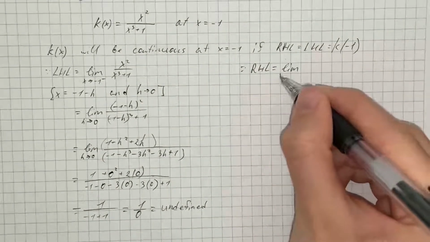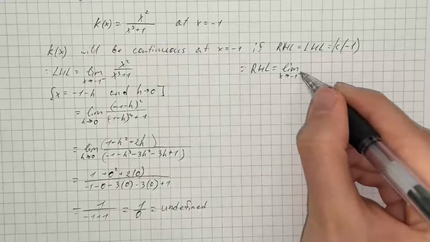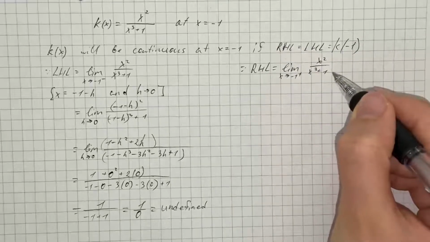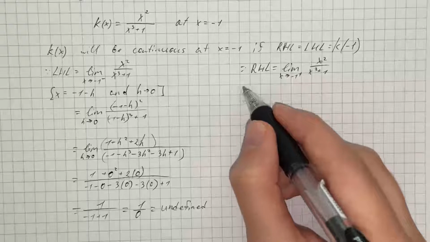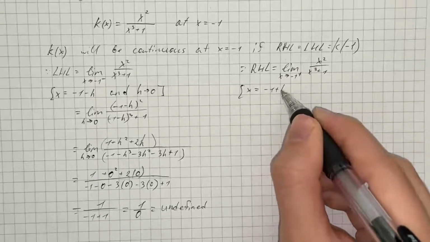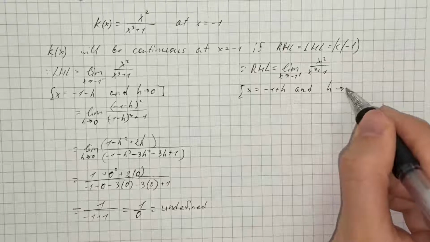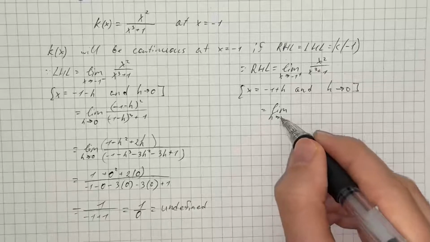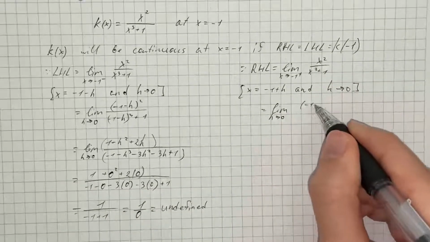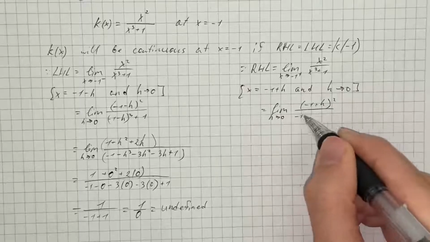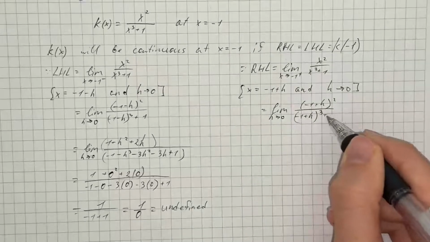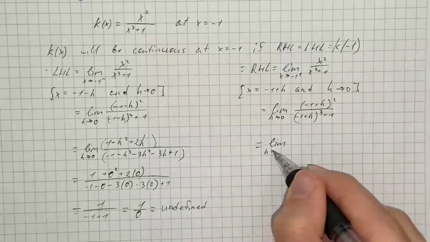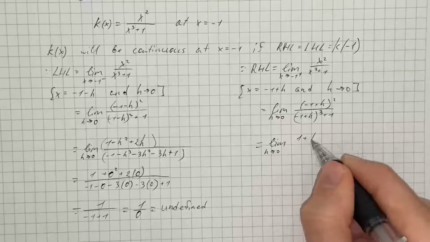That's the limit as x approaches -1 from the right side of x squared over x cubed plus 1. And we change limits, so x equals -1 plus h and h approaches 0. So we get that the limit equals the limit as h approaches 0 of (-1 plus h) squared over (-1 plus h) cubed plus 1. Therefore we get the limit as h approaches 0 of 1 plus h squared